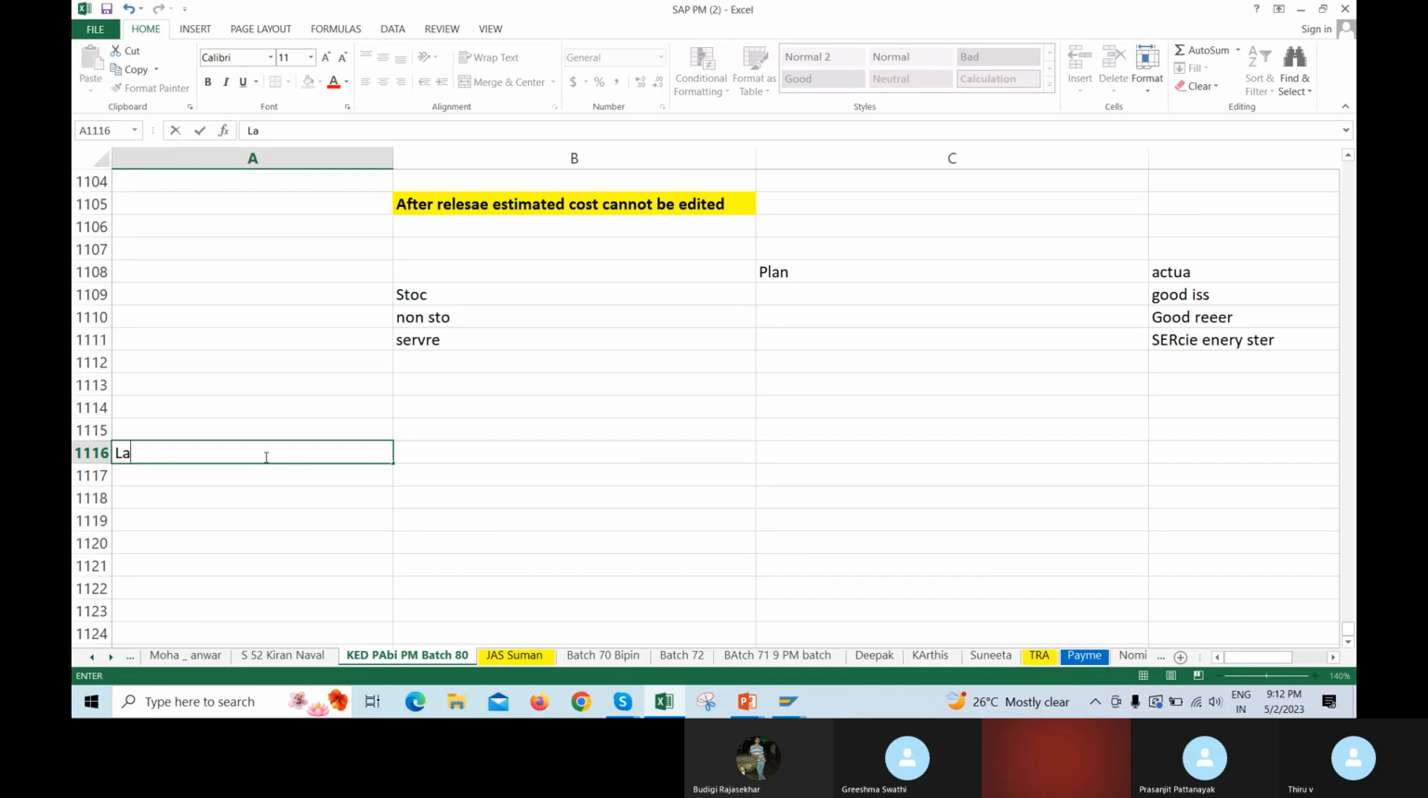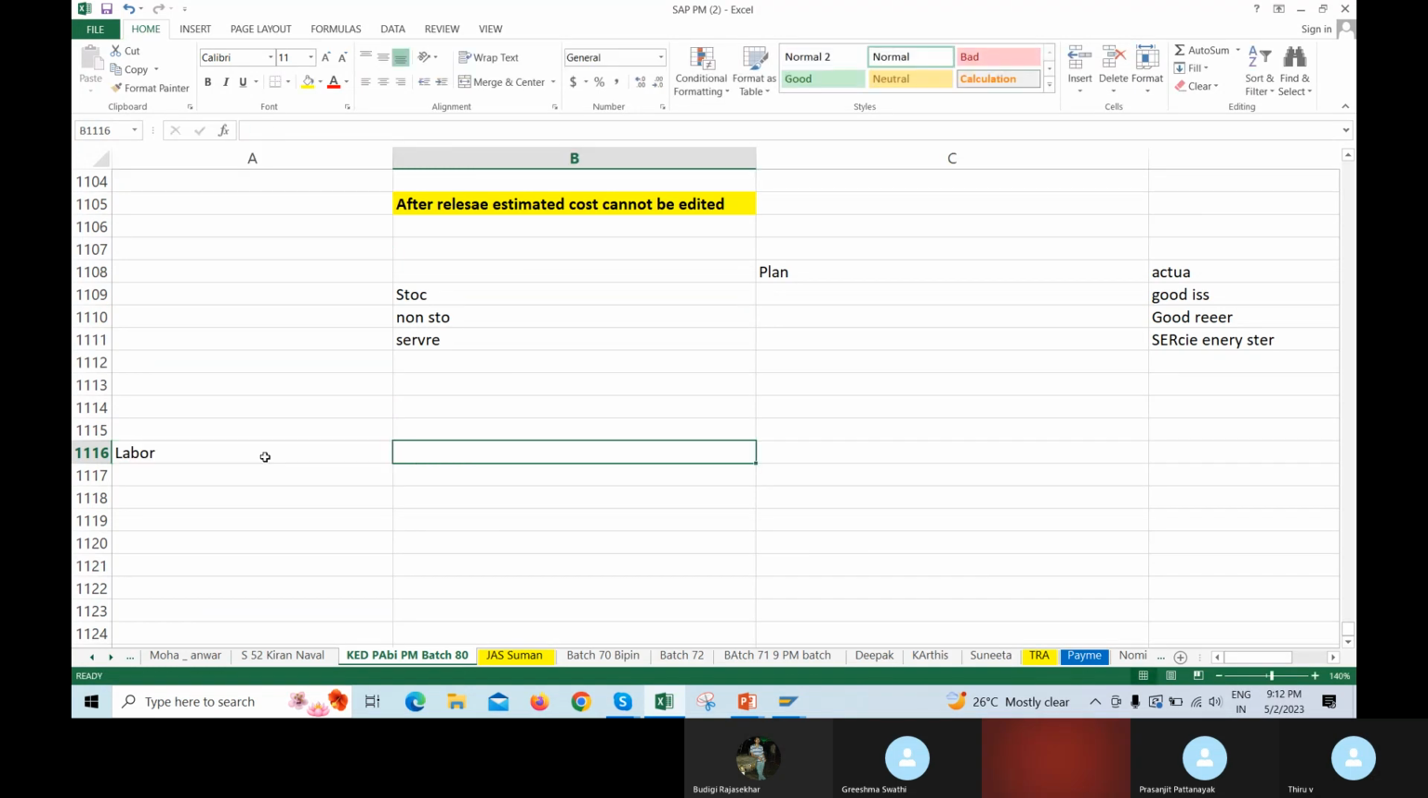So can anyone tell me the important fields in the work center? The very important, key fields in the work center. Anyone? Usage, yes? Category? Work center category, yes. Work center category. Then